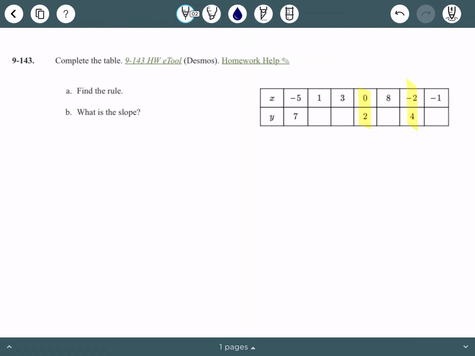And to find the slope, or to figure out what it is changing by each time, we're going to do our change in y over change in x. And remember this, this triangle is the delta symbol, so that's delta, and it means change in. So change in y over change in x. So let's see, if we look at our inputs, we have 0 and we go to -2. So that's a change of -2. And then if we look at our outputs,